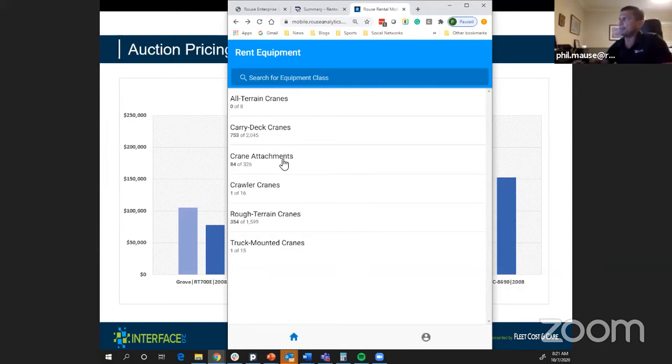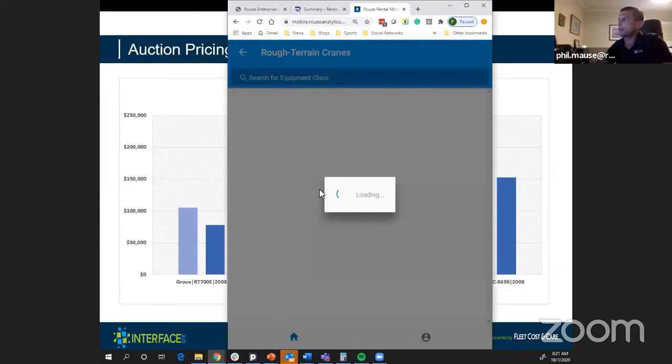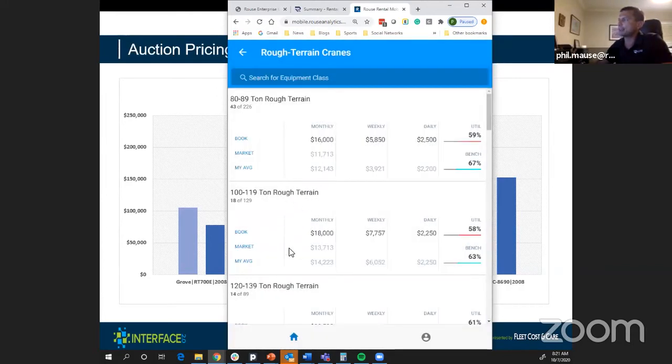What it's telling me is for each one of these categories, how many units I have in my fleet and how many of those are not on rent. So this is saying I have 1,600 rough terrain cranes in my fleet. 354 of them are in available status if I've got a customer looking for them. If I click on that category, for each size class, I'm then going to see the number I have in